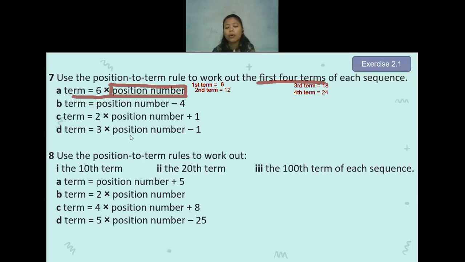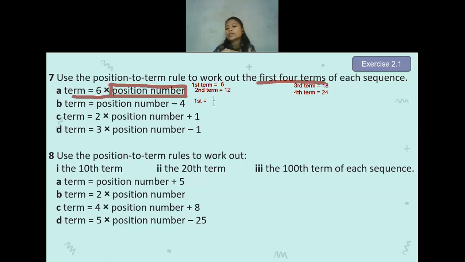Is there anyone having a question, or is my explanation still confusing? No, really no question? If no one has a question, continue to question B. What is the first term? What will be the first term, anyone? Oh, someone already typed it until the fourth term. The first term, how many will it be?